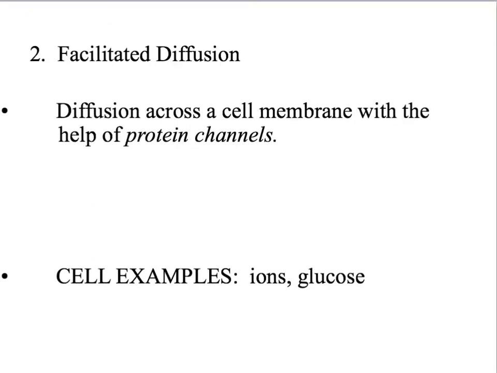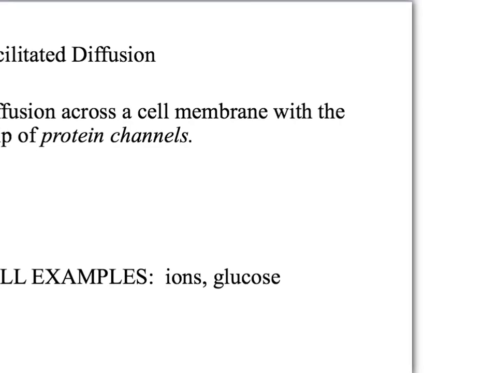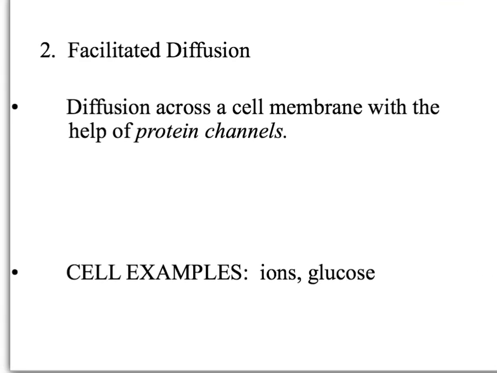Okay, after just plain old diffusion, the next type of diffusion that cells can do is something called facilitated diffusion. And facilitated diffusion is when you have a helper. So if you facilitate something, that means you are helping that to happen. And in this case, we're helping diffusion to happen with the use of protein channels. So this was symbolized by the straws that went through your Q-tip models. So if you imagine again a cell,